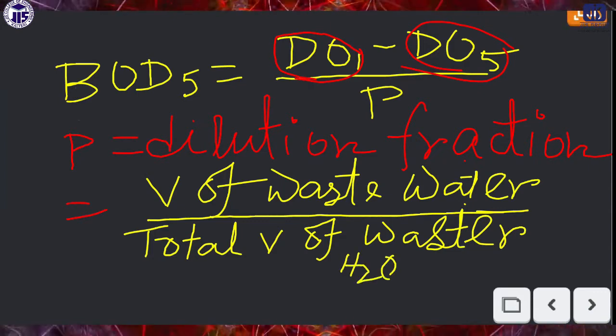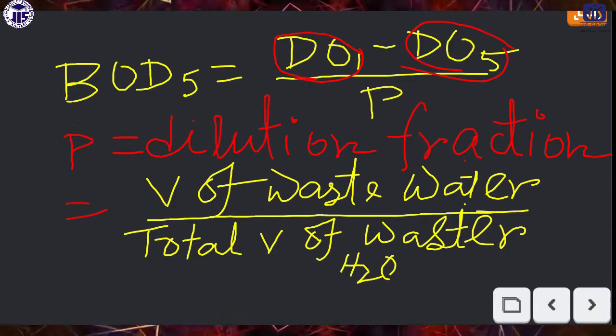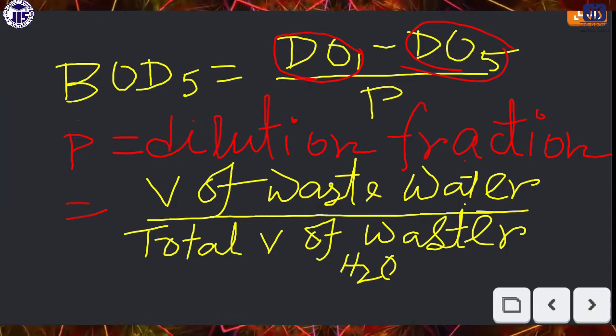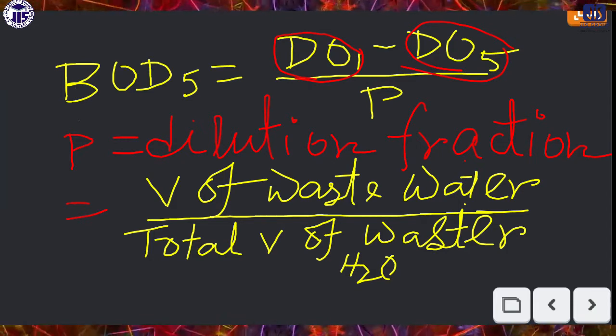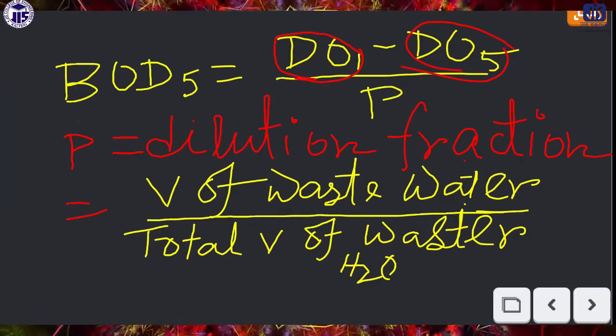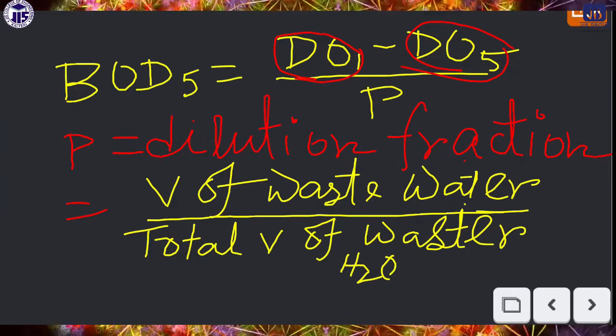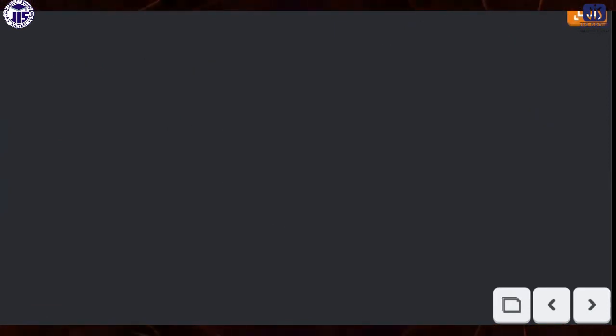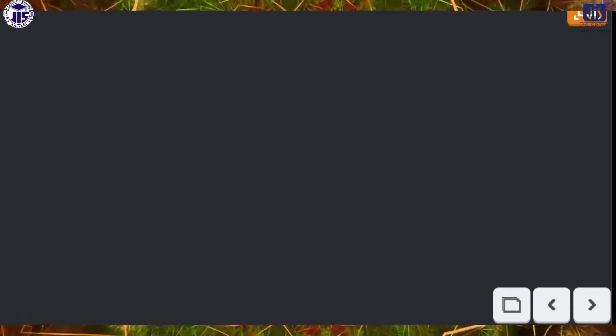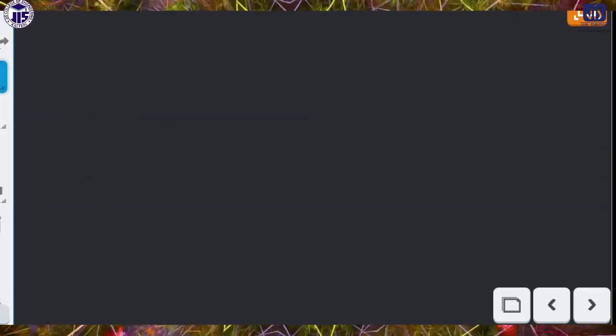Now what is the meaning of total volume of wastewater? Total volume of wastewater means the volume of wastewater plus the volume of dilution solution. Generally we use a 300 ml container to do the test. Then P is equal to,